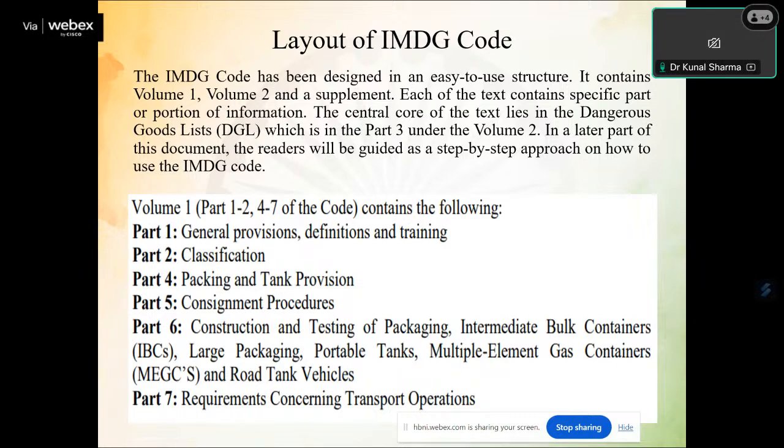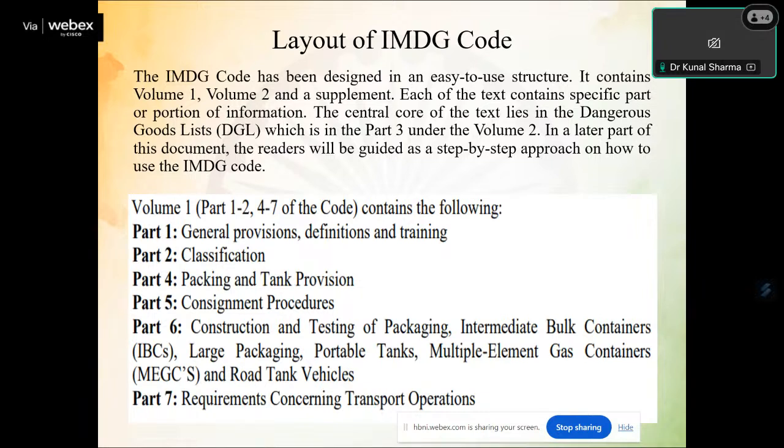Okay, this has been developed in different modules, but each module reflects the particular directives which they want. So this is also there. In a later part of this document, the readers will be guided through a step-by-step approach on how to use the IMDG code. So, talking about Volume 1, it contains 7 parts, wherein Part 1 talks about general